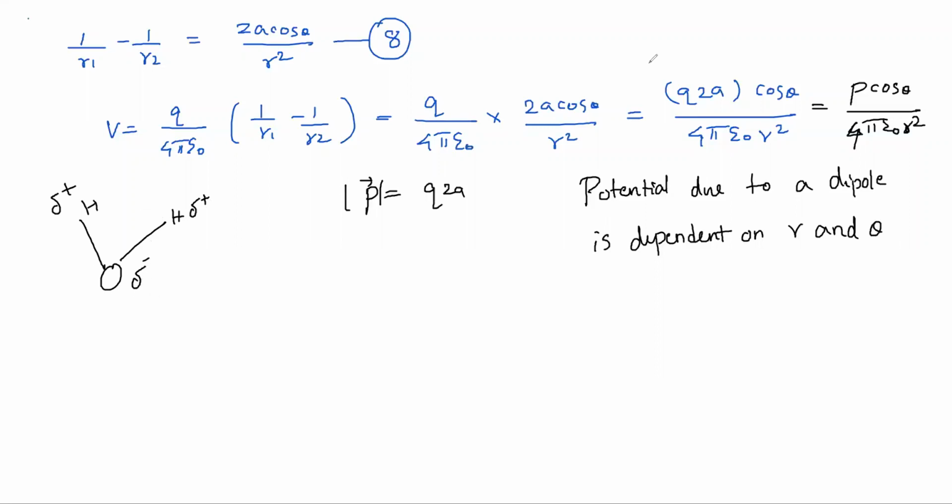The distance here is the bond length, which will be maybe 1 angstrom. 1 angstrom is nothing but 10 power minus 10 meters. But from the surface of a water molecule, at a very close distance, maybe some micrometers, 10 power minus 6 meters, we may experience the potential of this water molecule. So in that scenario, when all the water molecules join together, we can experience some other phenomena. They will interact with whatever substance we put in it.